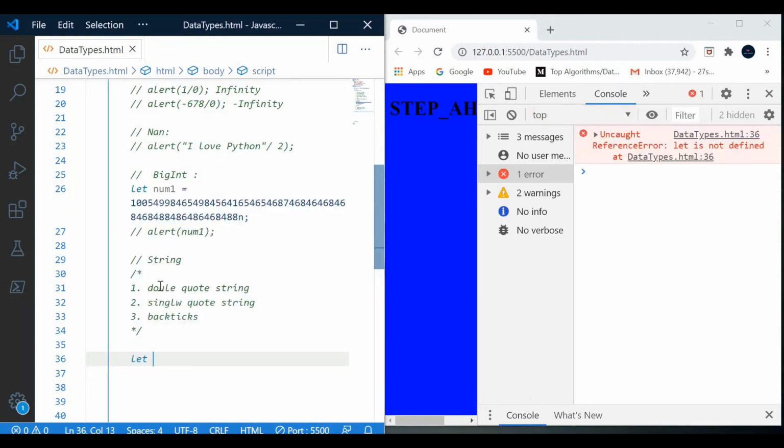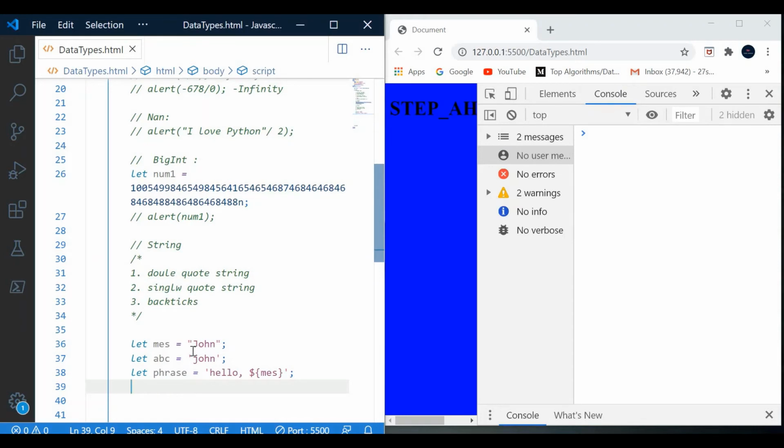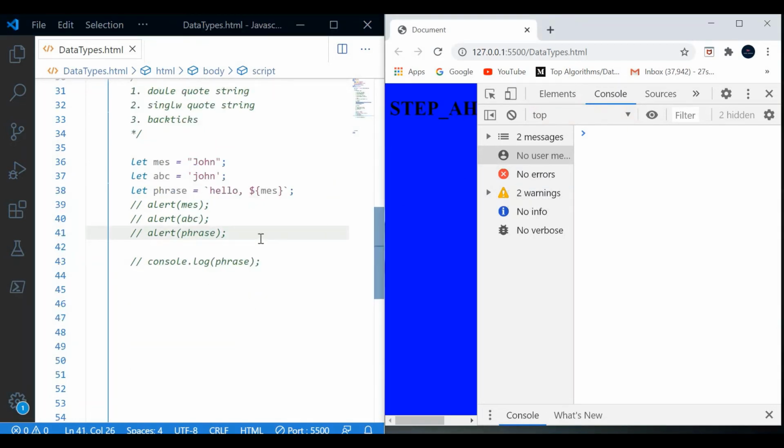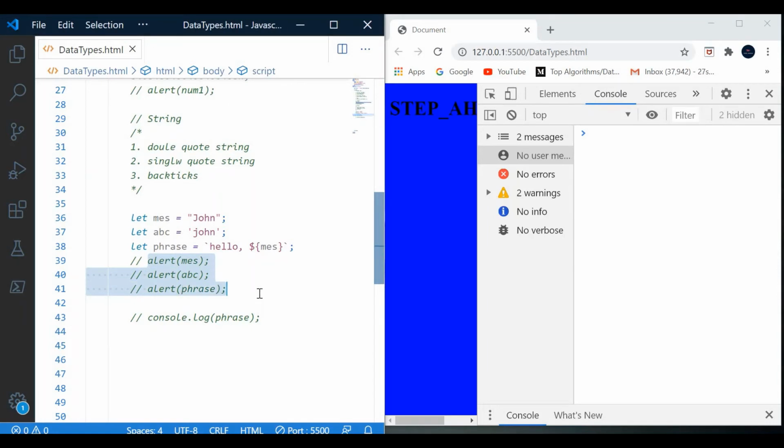First one, so I have written this, all the three of them, which is double quote, single quote, backticks. The first string is in double quote, in the second we have it in single quote, and the third example is our backticks, inside these backticks as we can see. So we will print this on the console. I have written all the commands. We will check one by one whether it is correct or not.